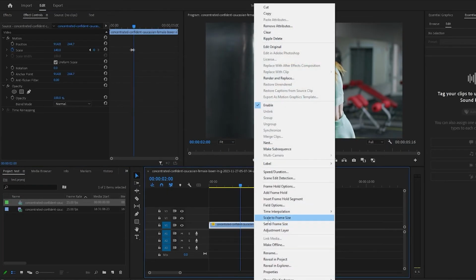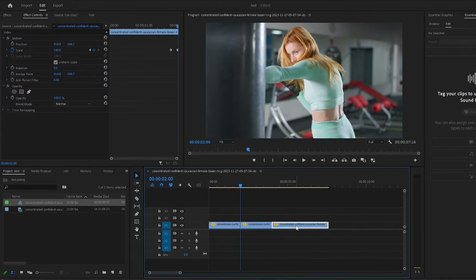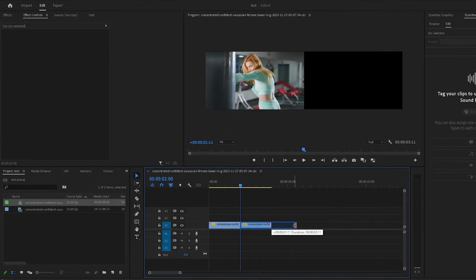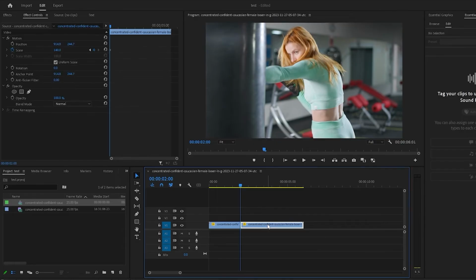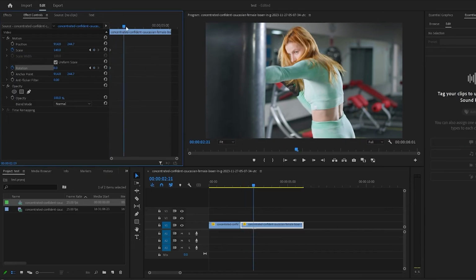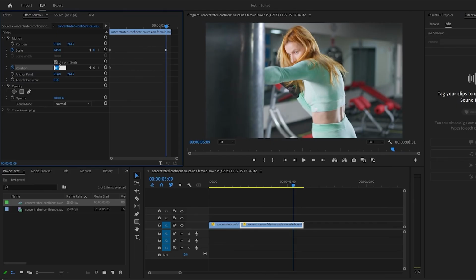Right-click your clip and select Insert Frame Hold Segment. Then remove the unwanted video. Click on the frame hold clip and go over to Effect Controls, then click the stopwatch icon for rotation. Now move ahead a few seconds and change the value of scale to 145 and rotation to